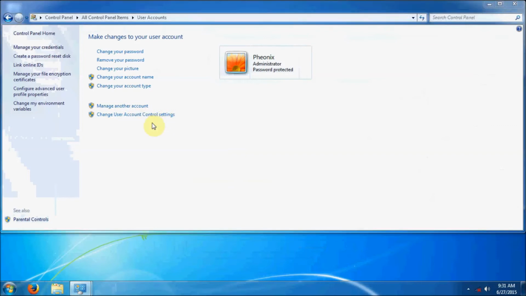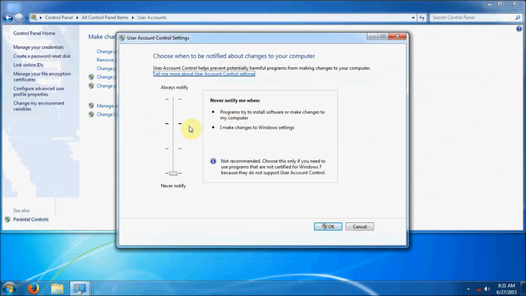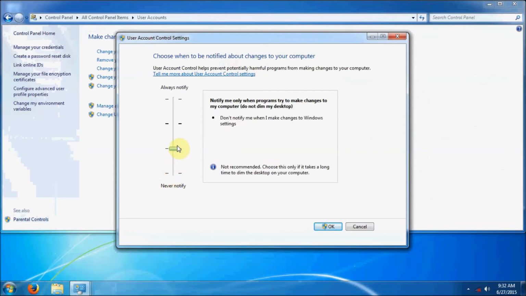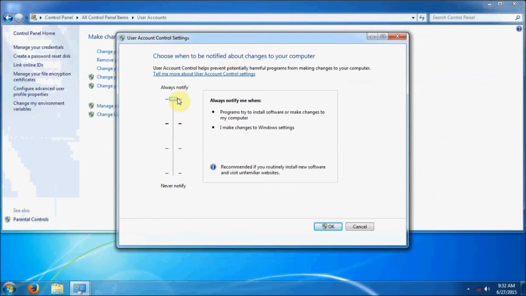The user account control settings, for example, give us this bar, and this is our notification. Earlier we talked about admin approval mode, and admin approval mode uses the UAC to prompt us for changes that we'll be making to our computer. And when we slide this bar up, you'll notice this changes to notify you at certain times when certain programs change the computer. And sliding it all the way to the top provides you the most security and will prompt